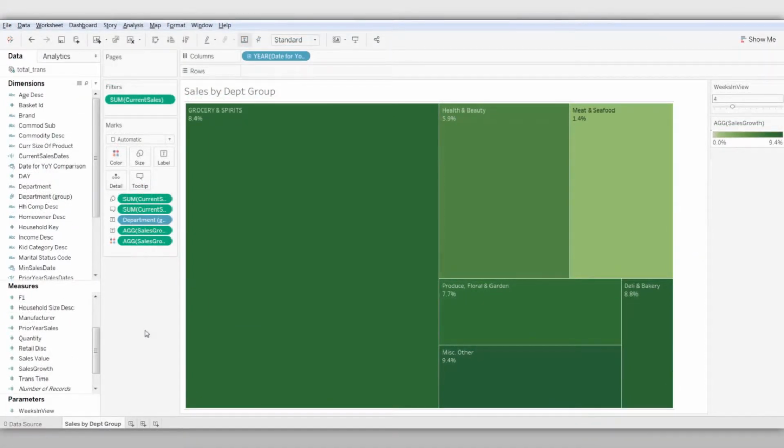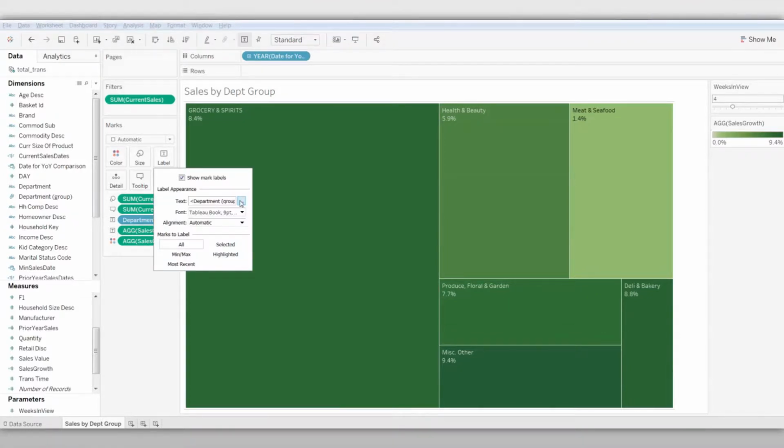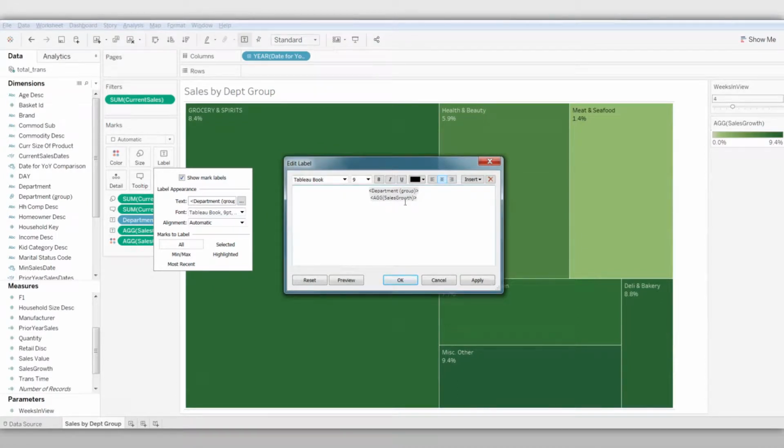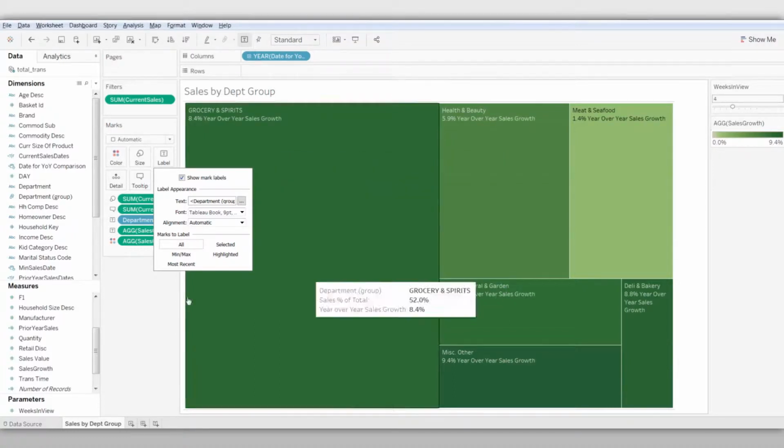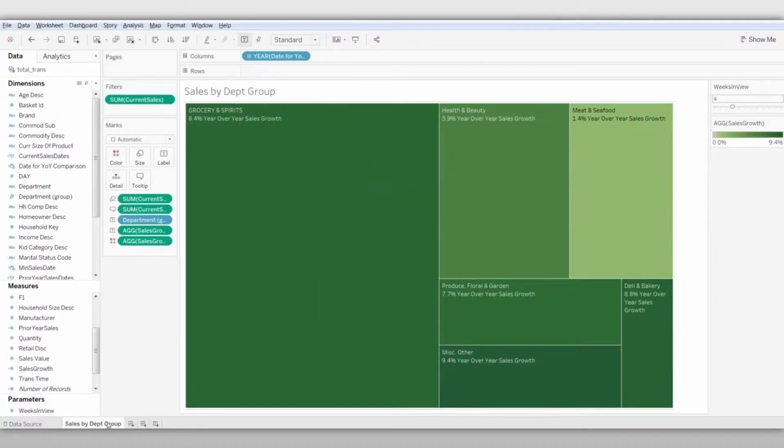So now that we have one worksheet, we can use this as a basis to drill down to the next level. So before we move on, I'm just going to make a quick tweak here to label, because for example, in groceries and spirits, we have a statistic of 8.4%, and I just want to add year-over-year sales growth so we don't get confused later. There we go. All right, now I'm going to duplicate this sheet,